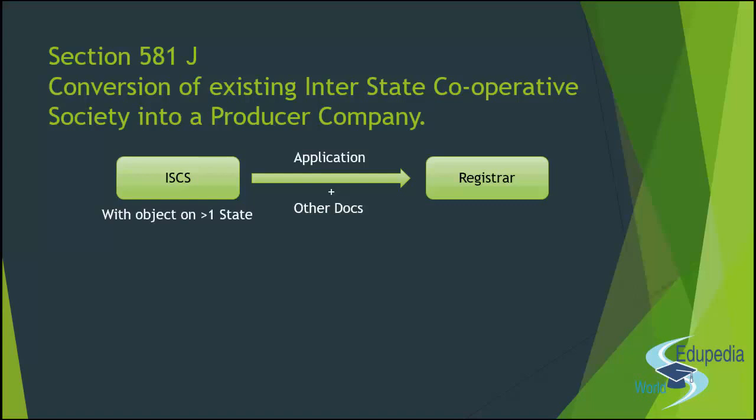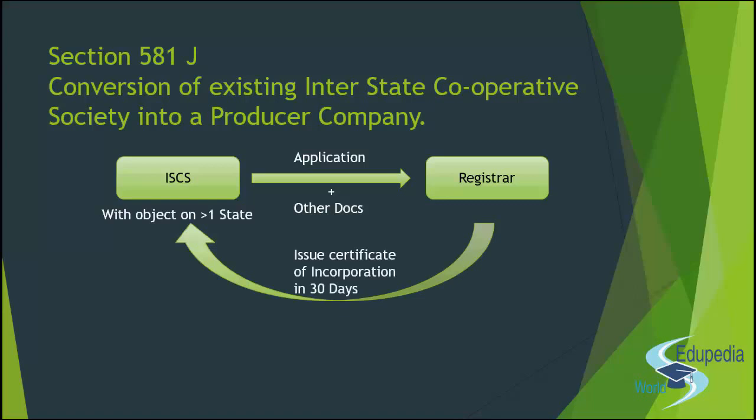And once it is done, the entire process may take up to 30 days, and within 30 days the registrar issues the certificate of incorporation to the Inter State Co-Operative Society, that yes, welcome, now you are a company. You were a society, now you are into our family, you are a company. Right? So what happens with this conversion we'll see, but before that we need to understand what are these documents